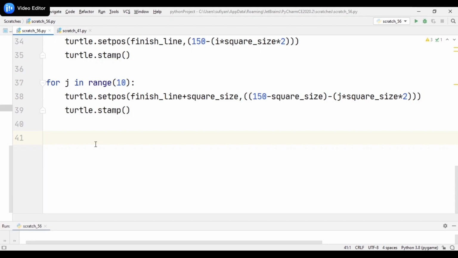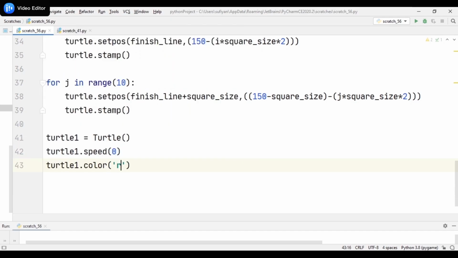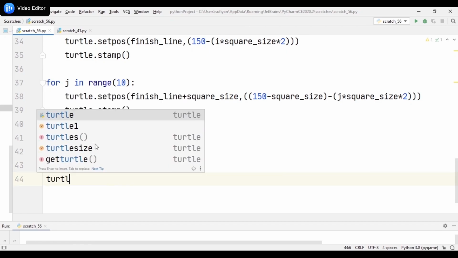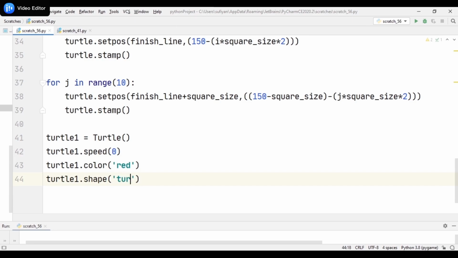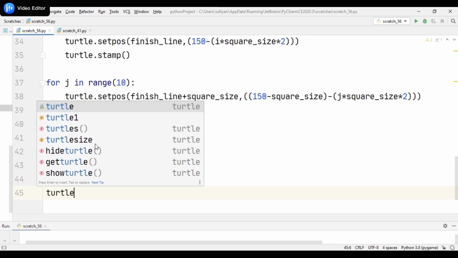Then we will create the turtles, which are the players of the game. Turtle1 equal to turtle. So turtle1 will be using the turtle library functions like turtle1 dot speed, which is 0, turtle1 dot color red, turtle1 dot shape, which is turtle, and turtle1 dot pen up.